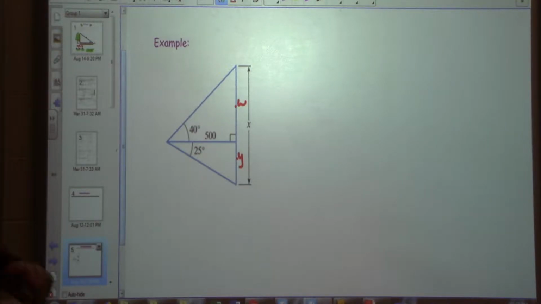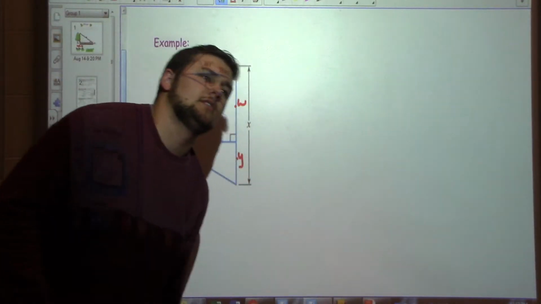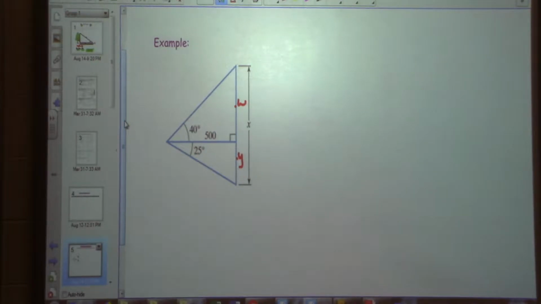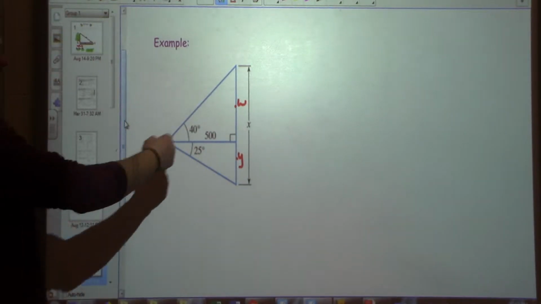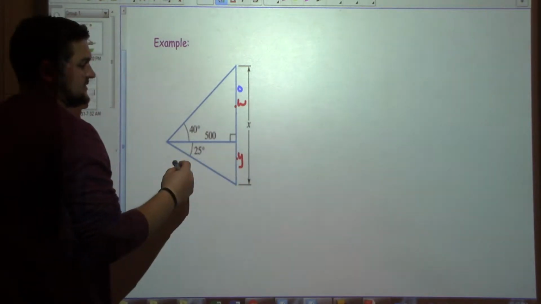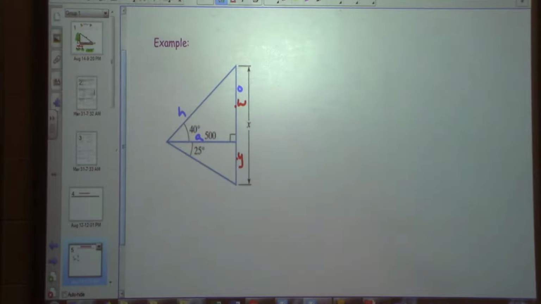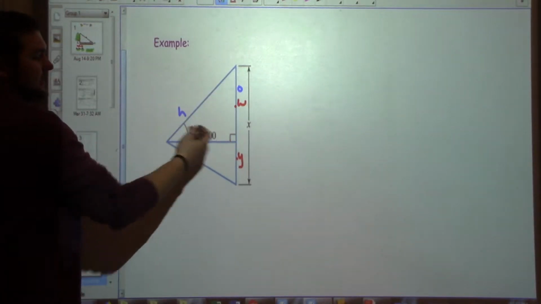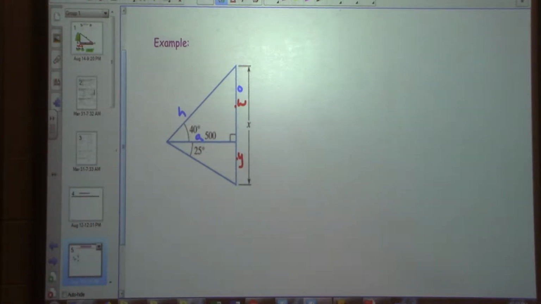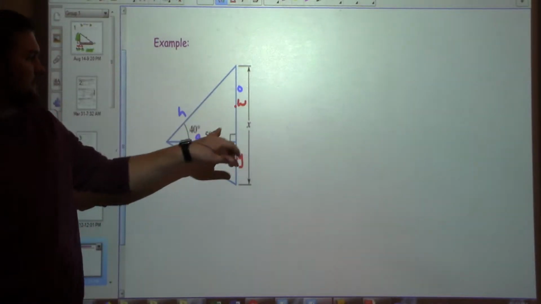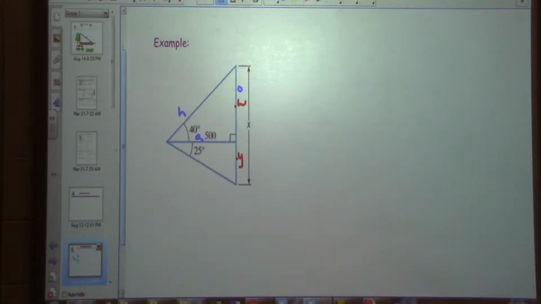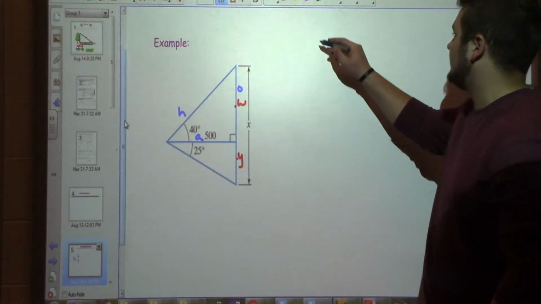So, Anna, which one do you want to solve for first? W. Alright, let's solve for the top one first. I know I have an angle of 40 degrees. W is the opposite side to that. 500 is adjacent. My hypotenuse is across from the 90-degree angle. So I want to find my opposite side, and I'm given my adjacent side. Which trig function should I use? Sine, cosine, tangent. If I have opposite and adjacent, tangent. Good. So tangent of my angle, tangent of 40,